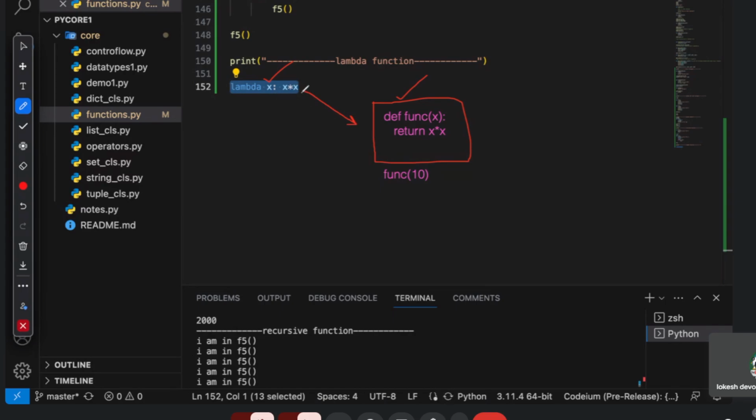This is equivalent. But for this function, we call it through the function name and pass 10. But in the lambda function, how can we call it, how can we pass the value 10 to this variable? Any idea, Pujita? Since you have already completed your class in some other